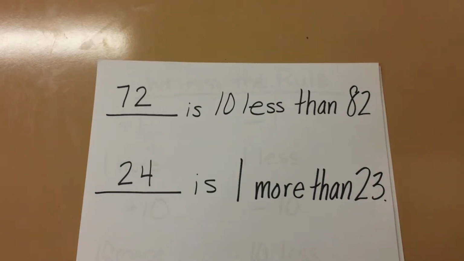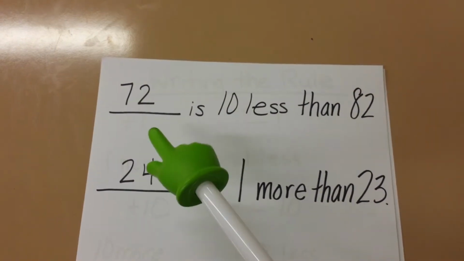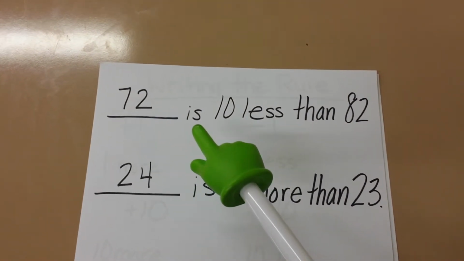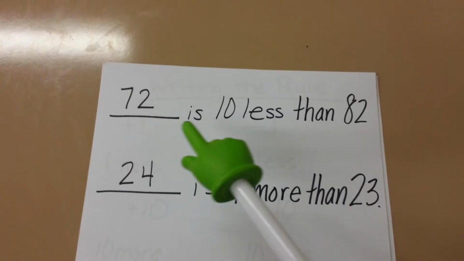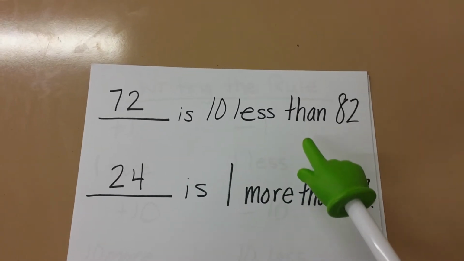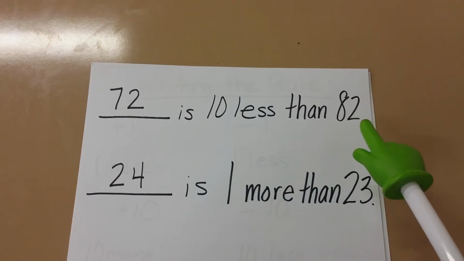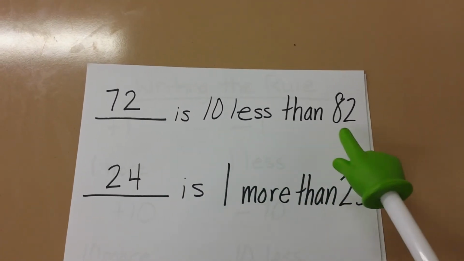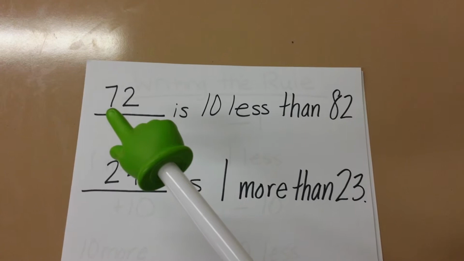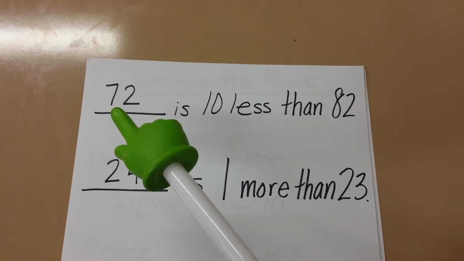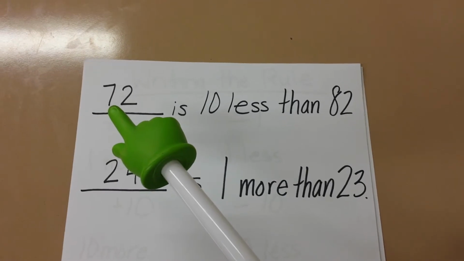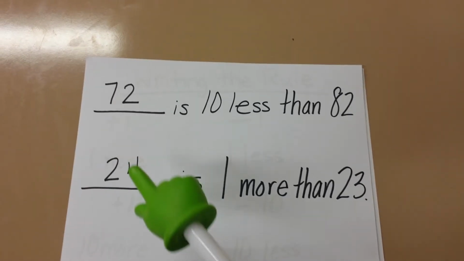here is an example of when the blank is at the beginning of the sentence. So what your child should do is first read through the sentence. Blank is 10 less than 82. Let's think about it. What's 10 less than 82? We're changing our tens place. That's the first thing they need to know. And then they're trying to figure out 10 less than 82, which is 72, because we went down 1